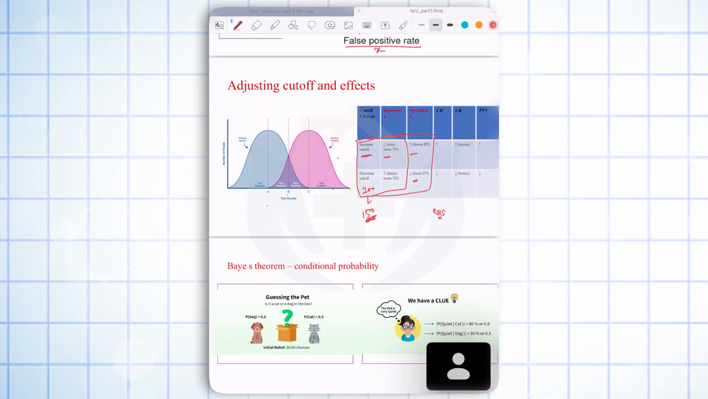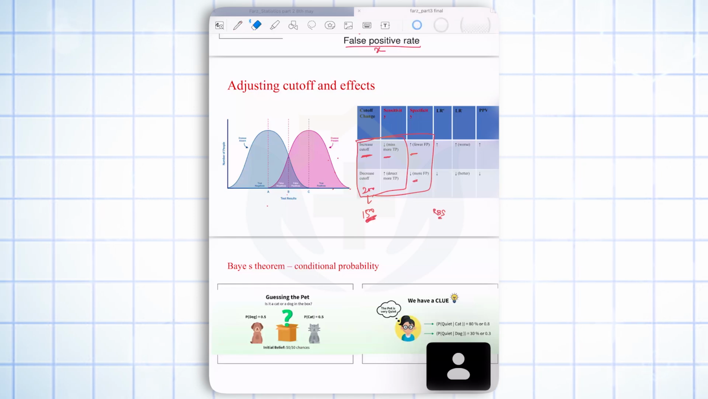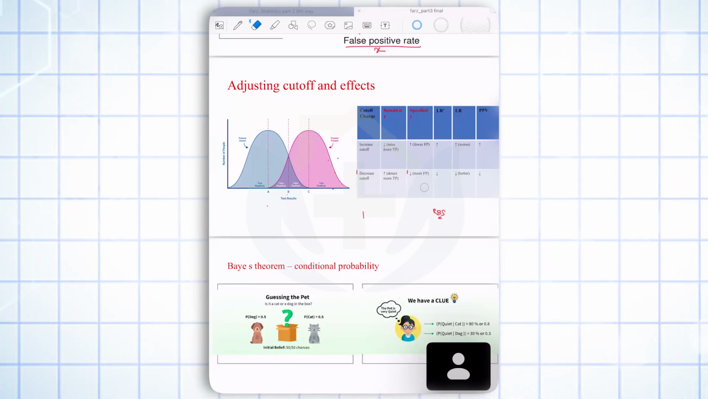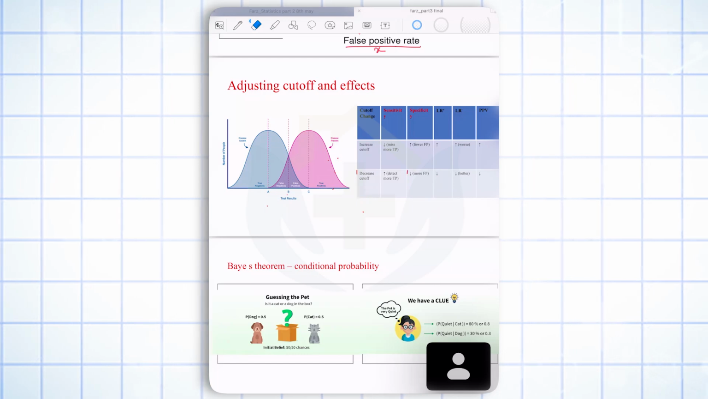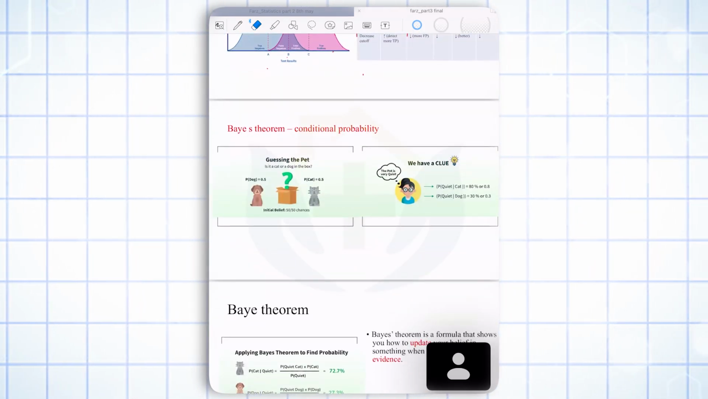So in MRCP, they might ask you, once you increase the cutoff, what is the result on the sensitivity and specificity? Fine. Just remember these two alone. Graphs, mostly the graph will not be tested. Just remember the table. So coming to the final part of diagnostic testing, there is something called Bayes'